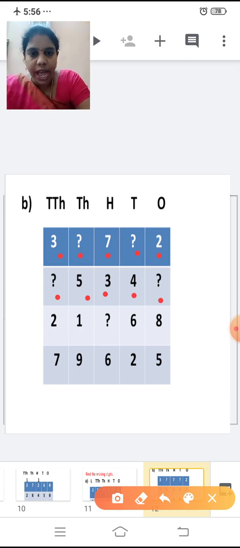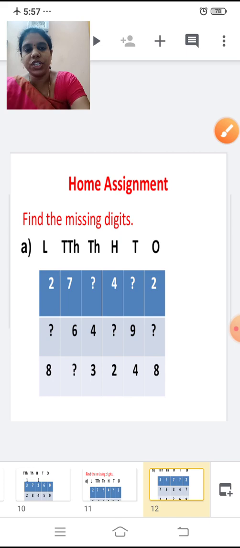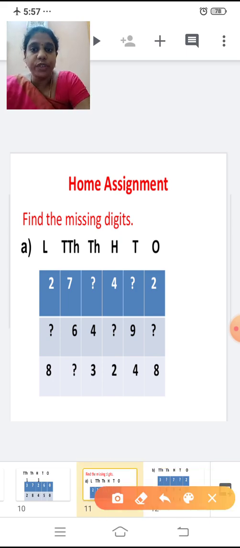And one more number: we have 8 in the ones place, 6 in the tens place, and this hundreds place we are going to find out, and 1 in the thousands place, 2 in the 10,000s place. Now the sum, the answer, is 5 in the ones place, 2 in the tens place, 6 in the hundreds place, 9 in the thousands place, and 7 in the 10,000s place. These two sums you're going to finish. You're going to find the missing digits, right children?